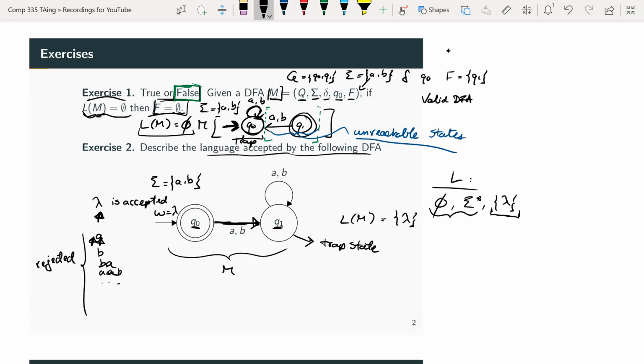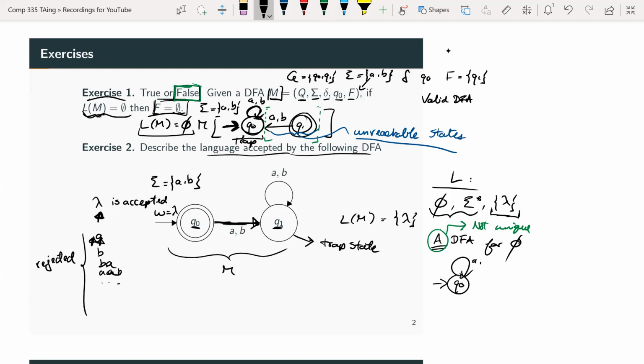But just for the sake of completeness, I want to remind you that a DFA for a given language is not unique. A DFA for the empty set, and the simplest one, which we're going to define in a couple of seconds, intuitively would be: you have your initial state, and you just make that initial